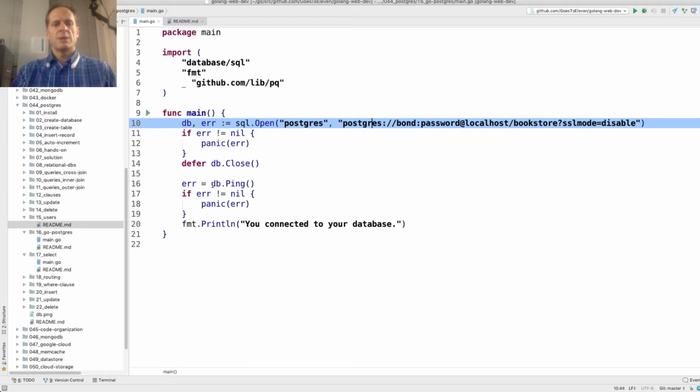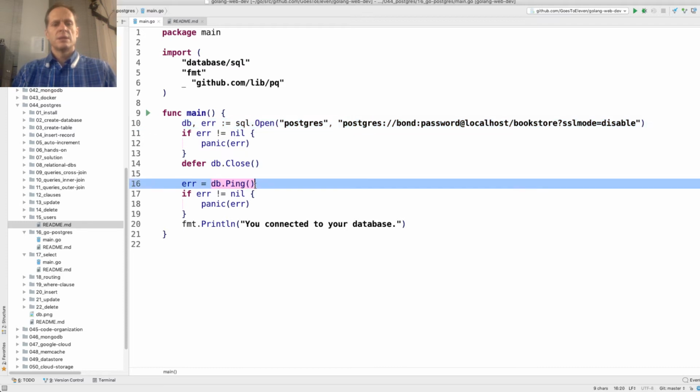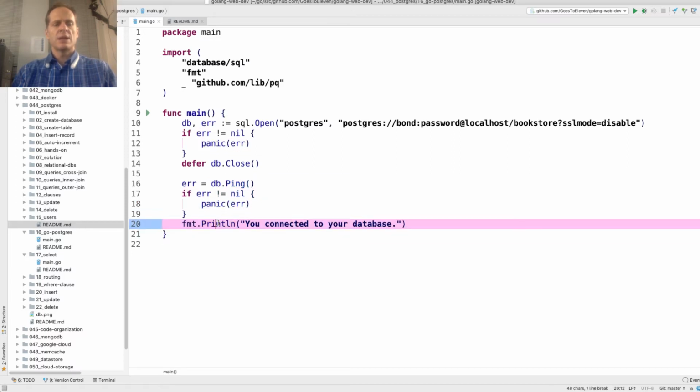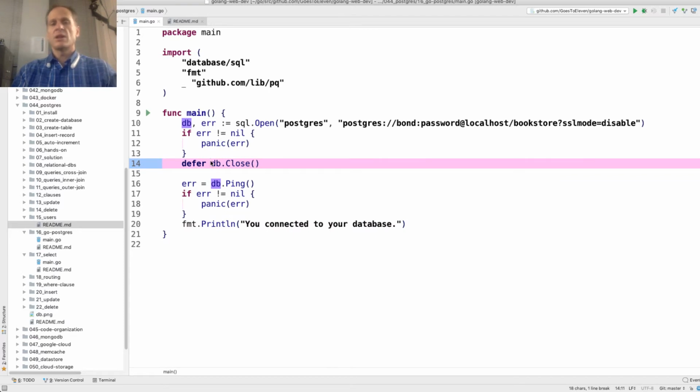So I did a ping here, and if it errored, I would have panicked and my program would have shut down. And if it didn't shut down, it printed out you connected to your database. And then it exited, right? Because it deferred the close of the database. So